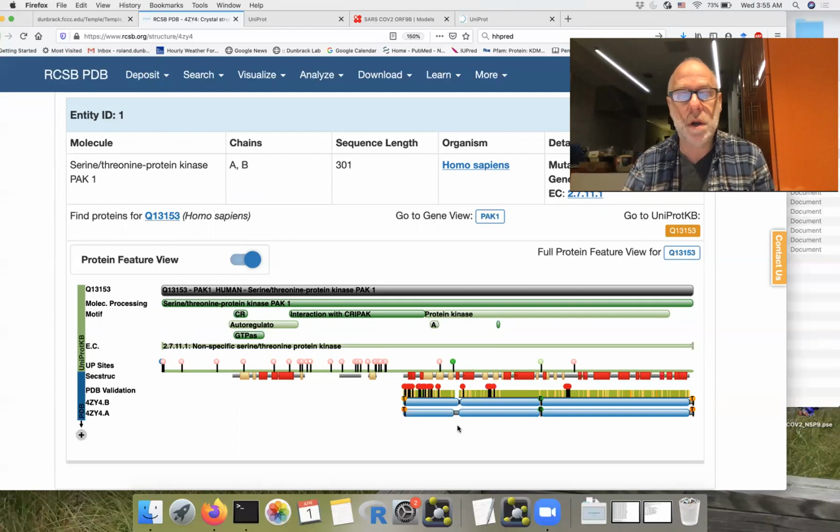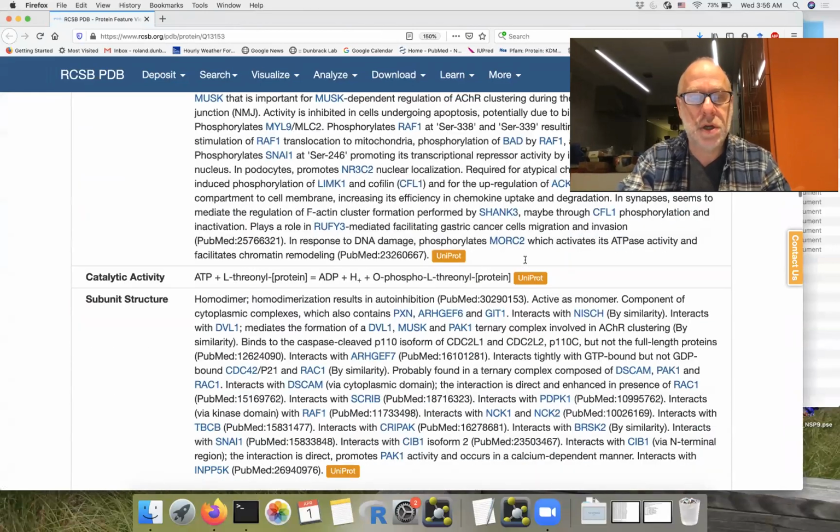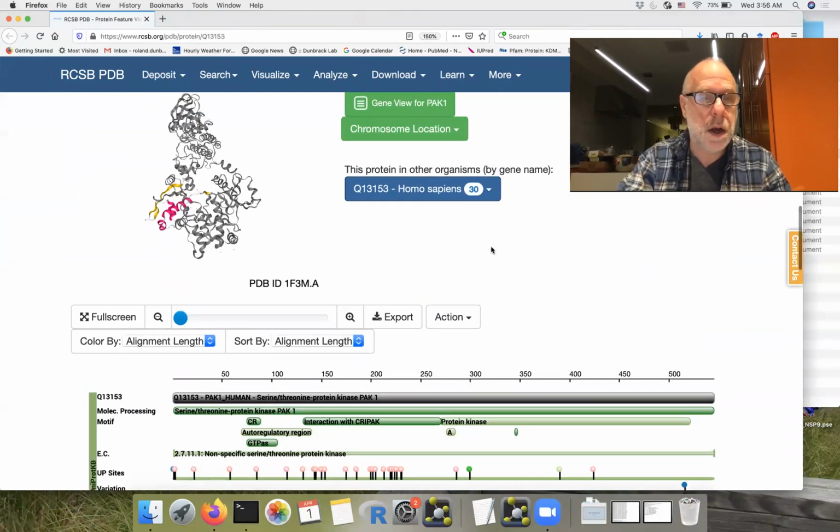And that's very important. It may be that the structure of that loop or that region is very important to you, and so you need to go find a structure that has that piece. In fact, we can do that if we see where it says full protein feature view for Q13153, that's PAC1. If I click that,